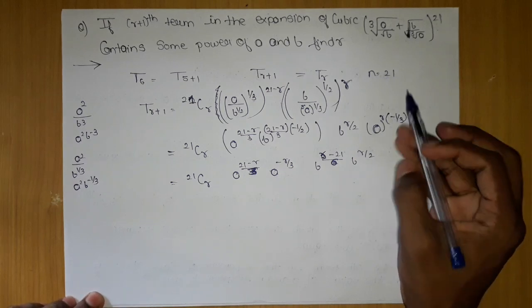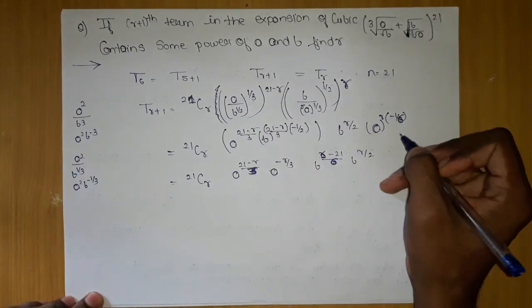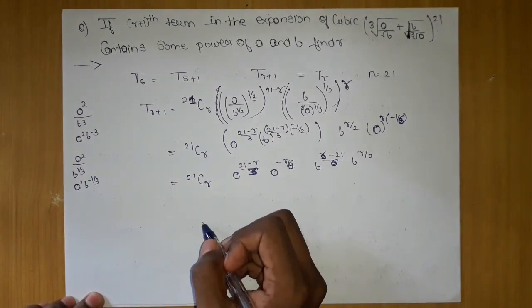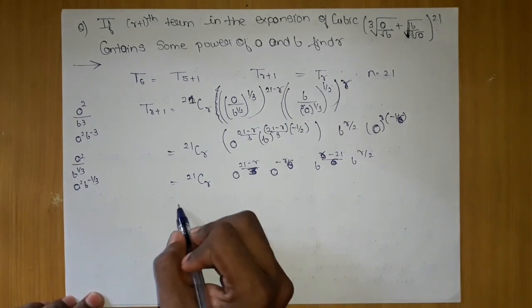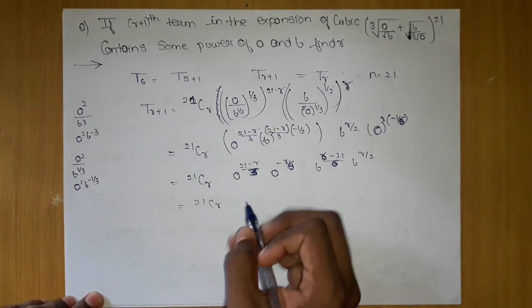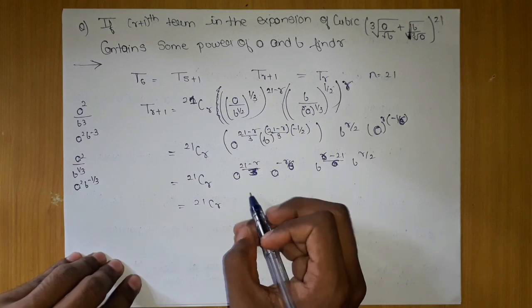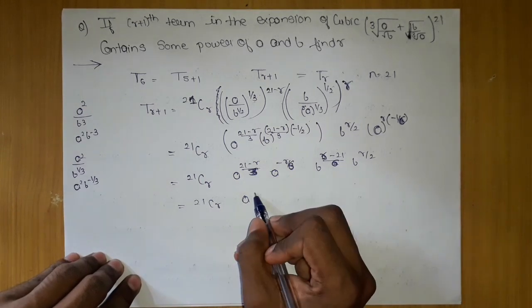Okay, a to the power here 3, and this 1 by 2 will move with this also, and this will become 6. So minus r by 6. I forgot to multiply this 1 by 2 and here 1 by 3. So if we simplify further, 21 CR a to the power, what we can do, a to the power,